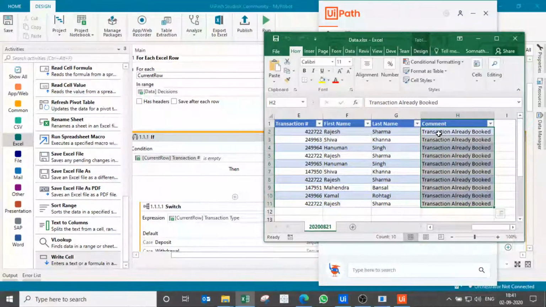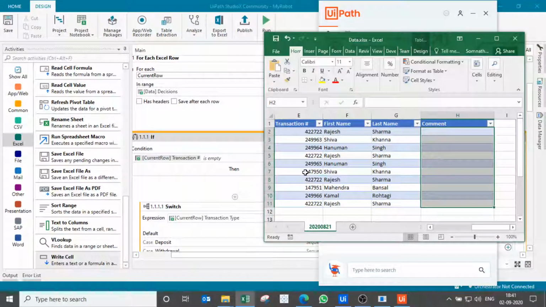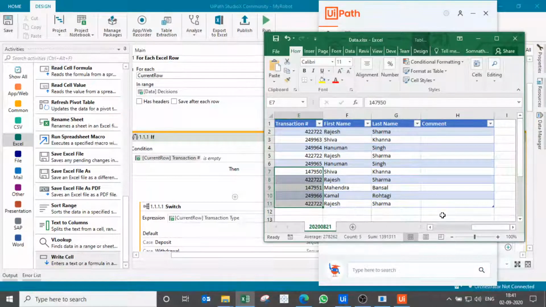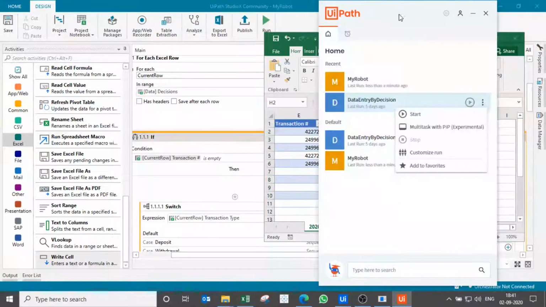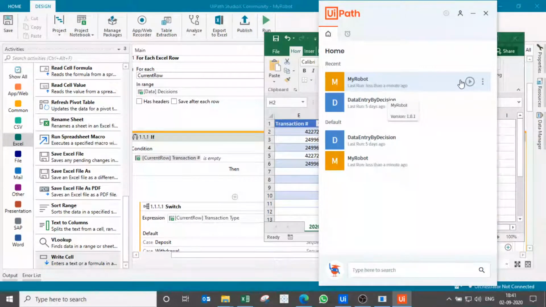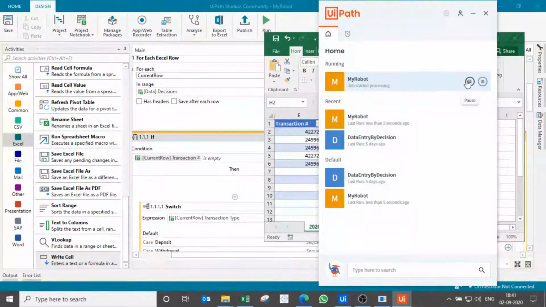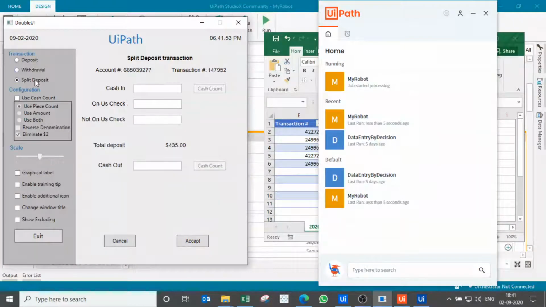Let us delete all this and let us test our robot to see if it can put the transaction ID here, and it should have a remark here that the transaction ID is there. So let us save it, and then now let us run it again. Okay, this one, this was my robot. Okay, let us run it. It's running. Let us see.